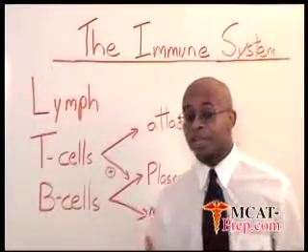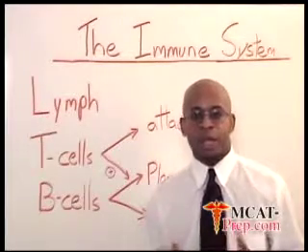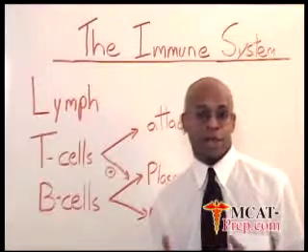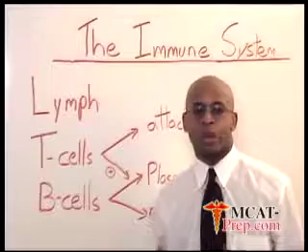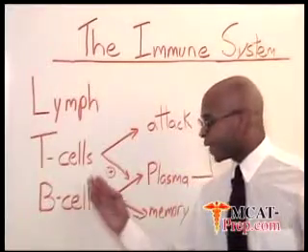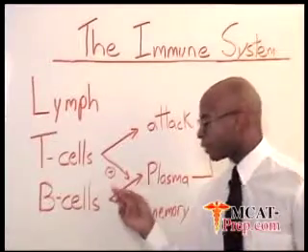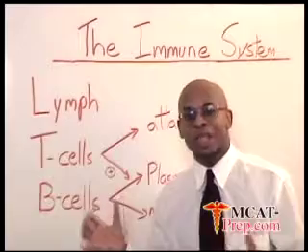So these T helper cells are very important. Unfortunately, T helper cells are specifically targeted by the HIV virus, and that leads to severe immunodeficiency. Nonetheless, T cells can activate, with the T helper cell, the B cells to produce a new type of cells